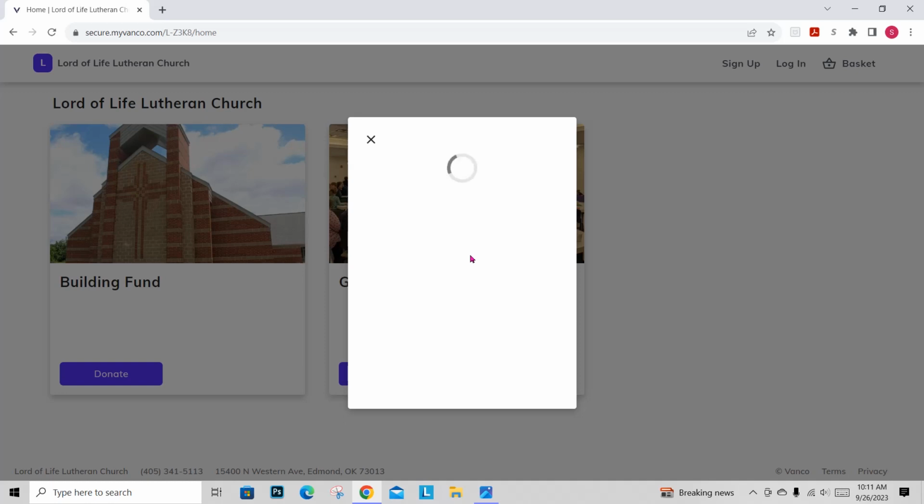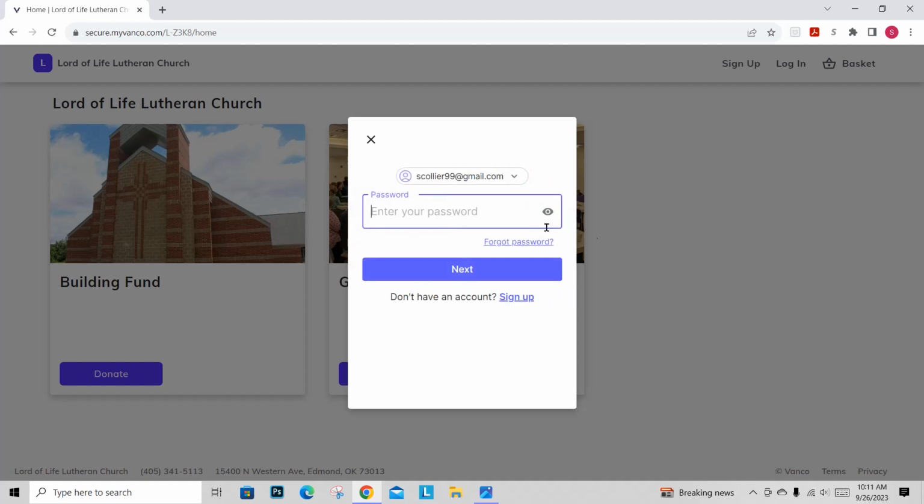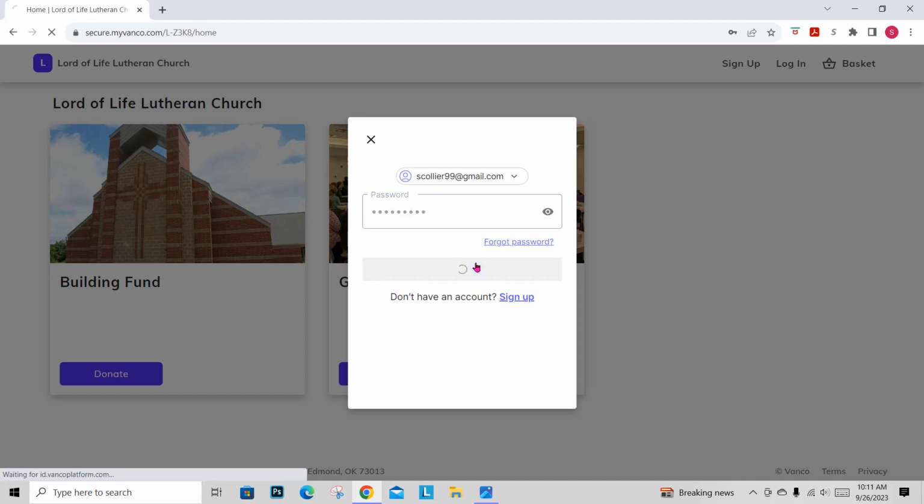And once you have actually signed up and you have an account, some of this will be kind of auto filled in for you, as we'll see here again in hopefully just a moment. So you'll see it's got me, I'm already in there, it knows, hey, you've been here before. So I will type in my password and hit next to get myself